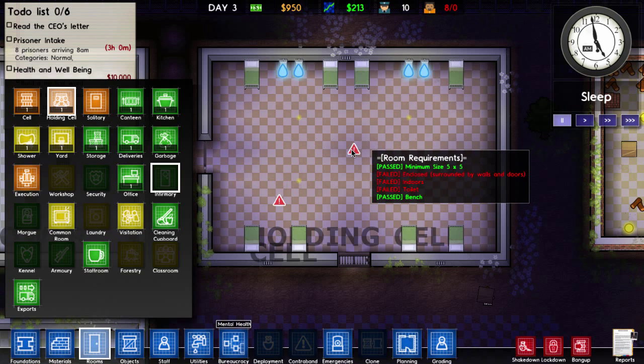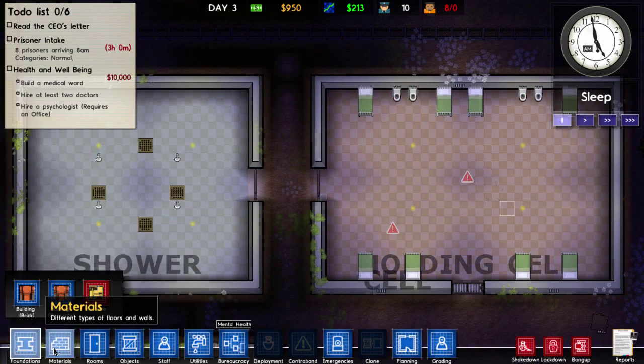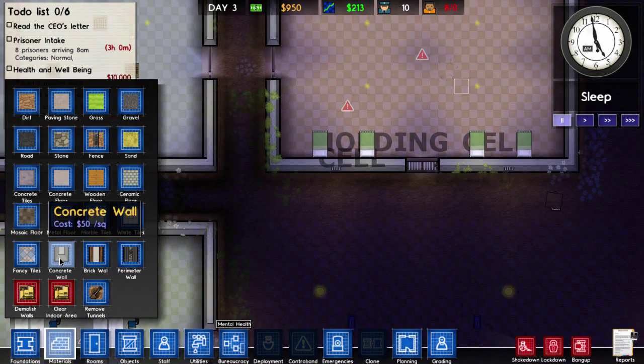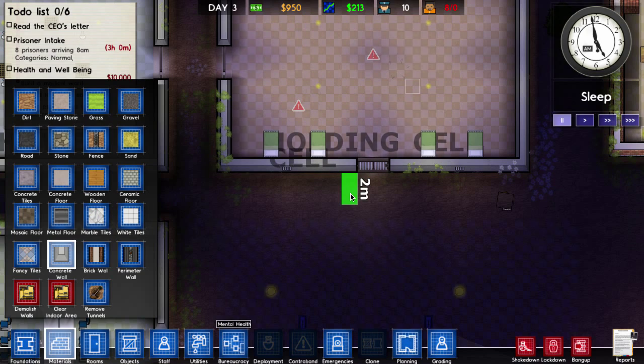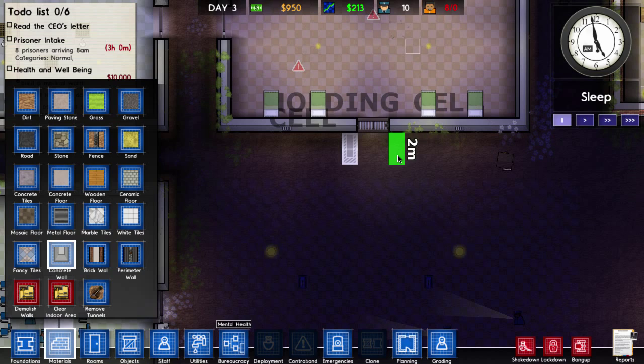So we need it to be enclosed, which means it needs to be considered indoors, and I did find a pretty easy way for us to handle that without really needing to change any of our plans for how the building is set up. Really, we can actually just...